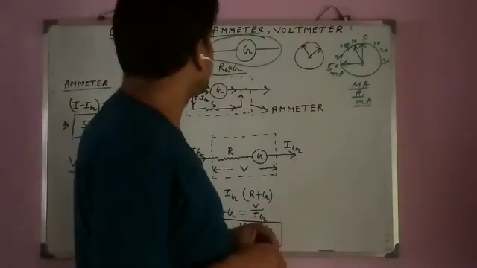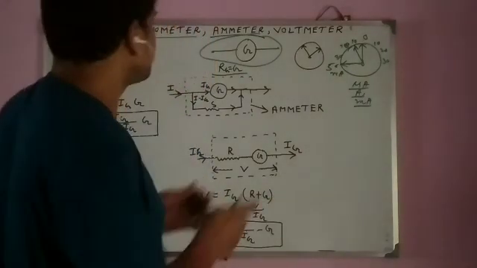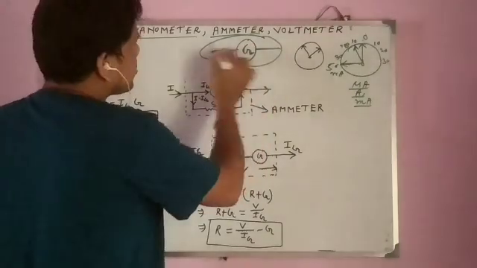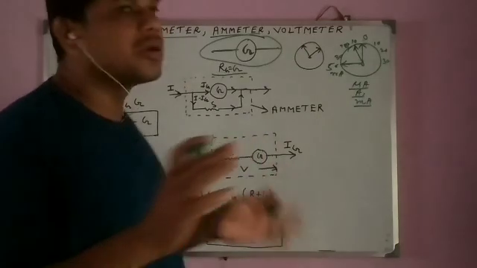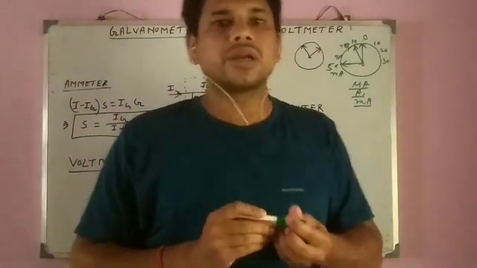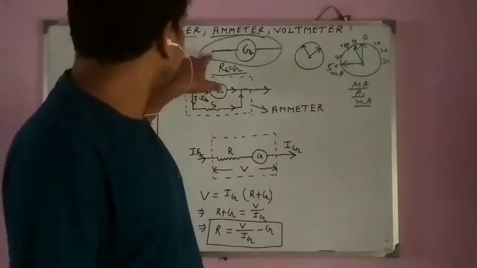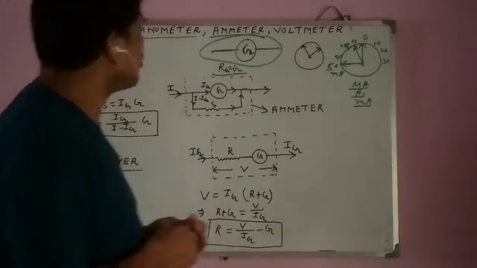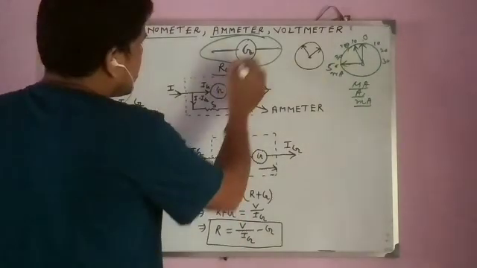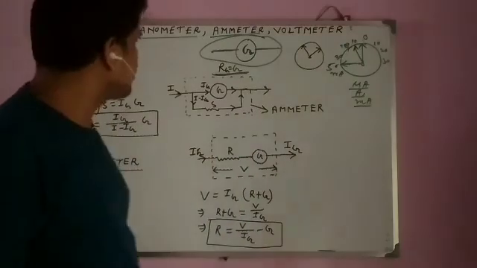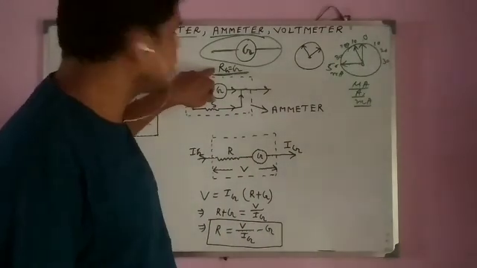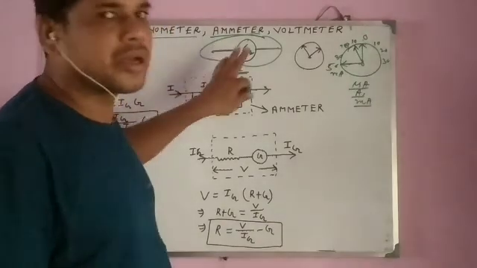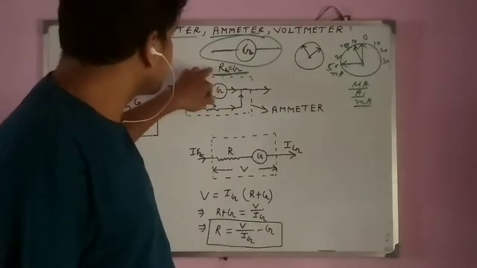So first I am discussing the galvanometer. Symbolically, the galvanometer is denoted by the letter G like this. These are the two ends of the galvanometer. Whenever we want to detect the current in a circuit, we have to connect these two ends in the circuit. Here we have RG, which means the resistance of the galvanometer. Capital G also indicates the resistance of the galvanometer.